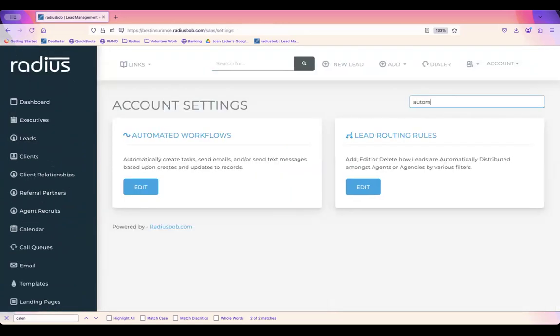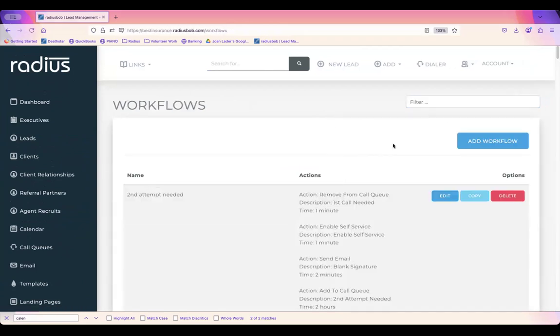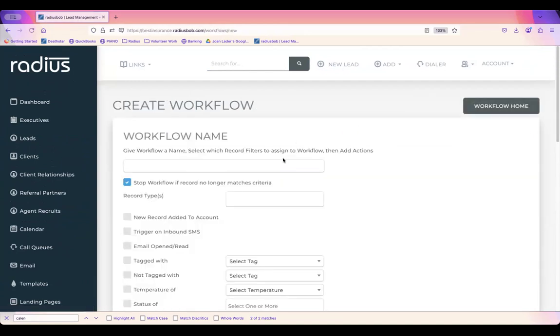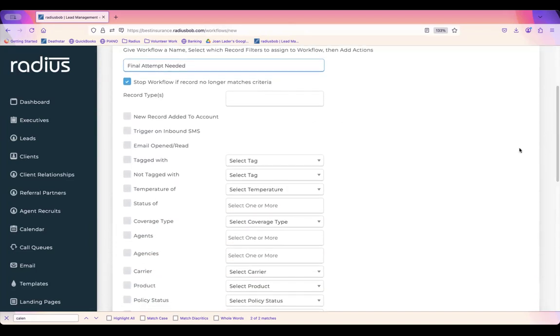Settings, automated workflows. My recommendation is that you build a final attempt workflow. So this is the trigger. So this is for final attempt needed. So I'll name it that. I'll stop the workflow if it no longer matches criteria. This is very important because on the final attempt, you might reach them and they're like,